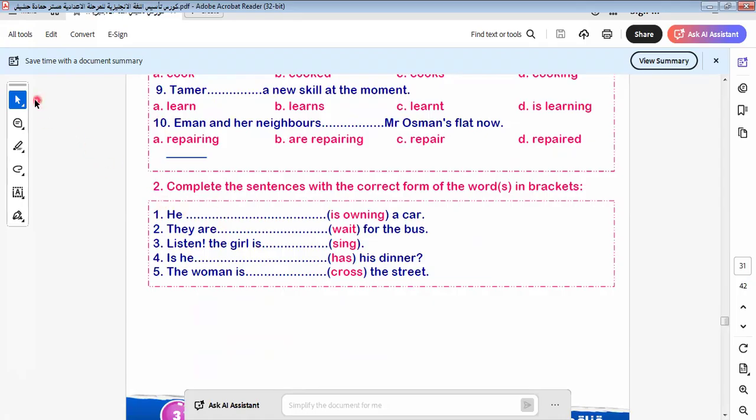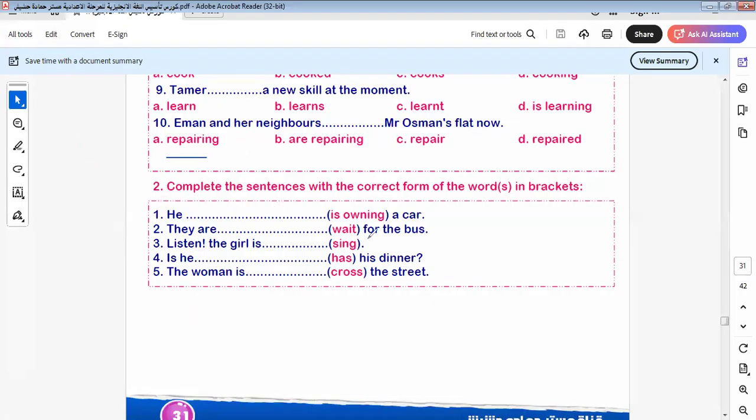Here is another kind of question which is do a sum between brackets. You must take care when you answer this question in the exam to know the keywords of the tense and how I correct the verb. If we know the keywords of the tense, you can answer this question in the correct way. He owns a car. He is owning a car. I think it's not owning. Here is wrong. But why? Because own we have here with n and adding ing.